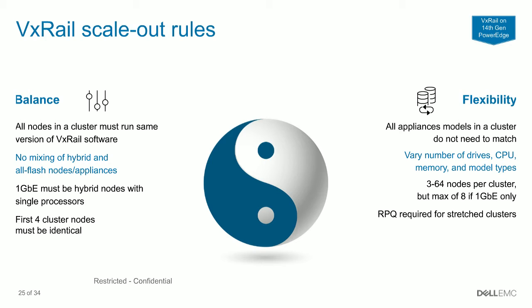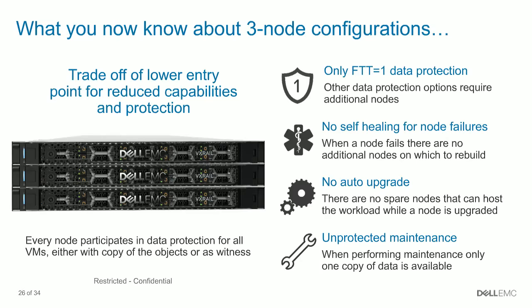Flexibility. So all appliance models in a cluster do not need to match, as I mentioned. We can have variants of CPU, although we would recommend, if possible, to keep everything the same. And 3 to 64 nodes per cluster, but a max of 8 if it's 1 gig. Okay, so as we mentioned previously, 3 nodes is the minimum supported configuration, but 4 nodes is something that we